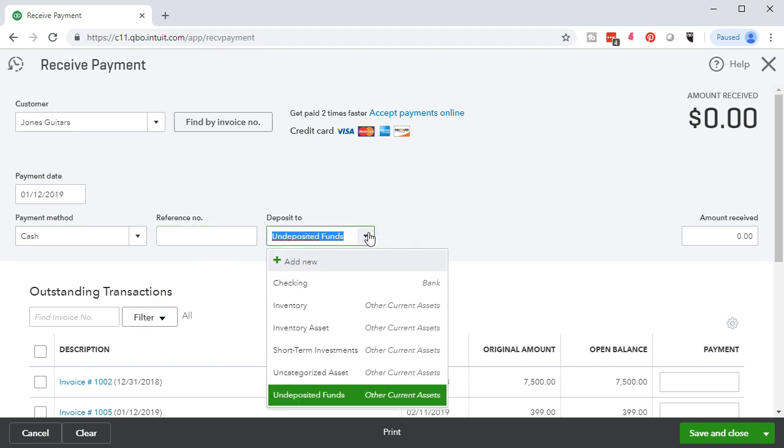We're going to use the undeposited funds as a holding account before we go into the checking account. Recall that if they transferred it directly into our checking account, then we could just use the checking account and it will be deposited in that format. However, if we're going to get multiple payments, if we've got a cash register, if we're going to get paid more than one amount per time period, if we're going to hold on to that check and group multiple checks together before going to the bank, then it's useful to use undeposited funds so that when we do go to the bank, we will deposit all of them in one time period, and that deposit that will show on our bank statement will be easy for us to compare to the deposit that we will see in our books